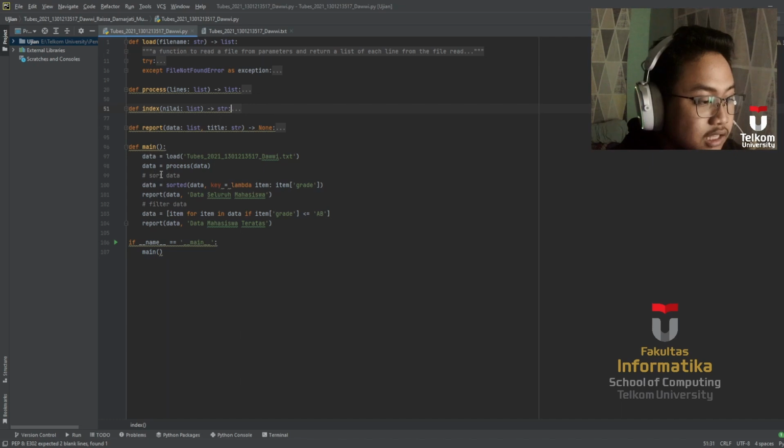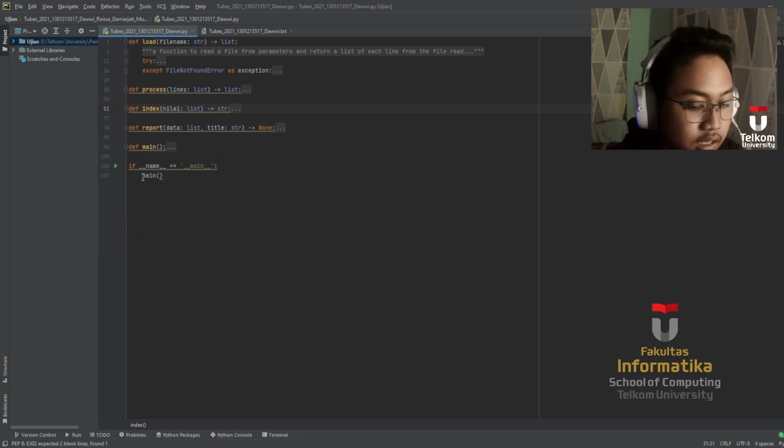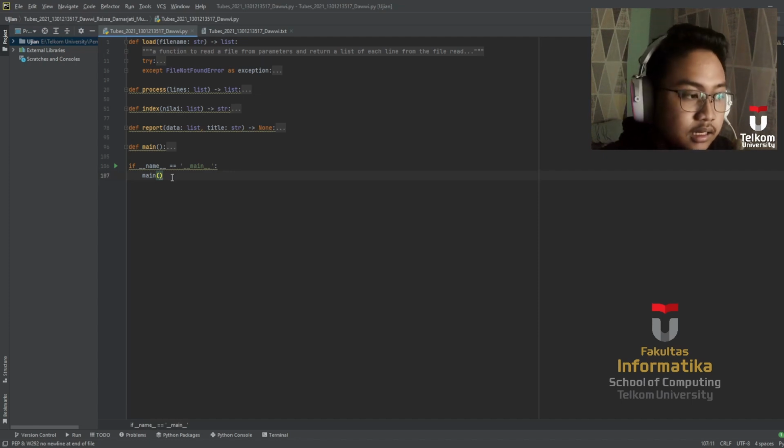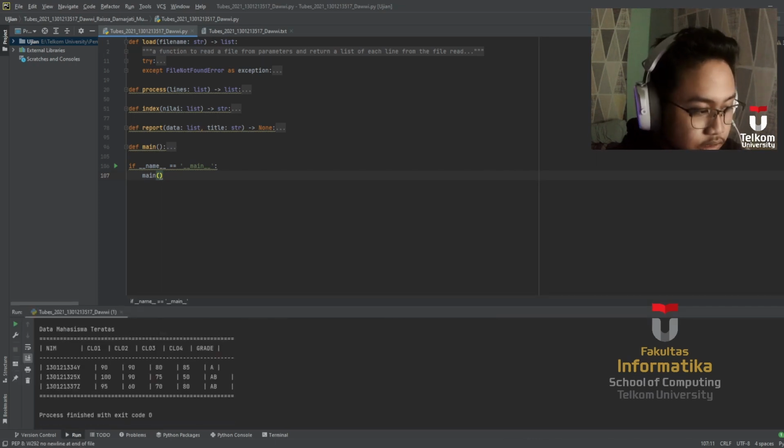We are going to sort and filter all the data here, and then after that we are going to call the file with an if __name__ == main check. Now here we are going to call the main function after calculating everything, and it will be printed like so.